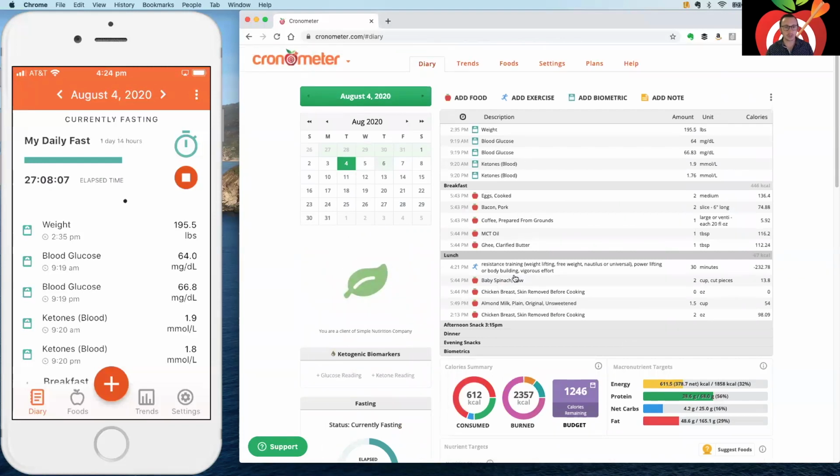Let's talk about logging food. I see a question came in here from David. The glucose monitoring app wants total carbs for a meal. Is there any way to display a total per meal or snack? So yes, there is. On the free account, what you can do is